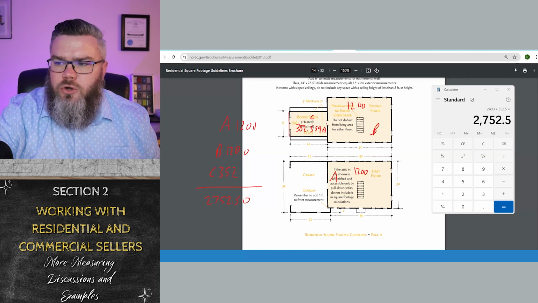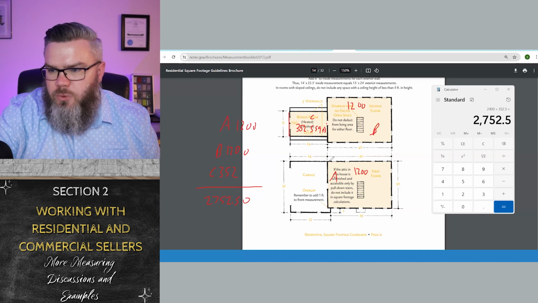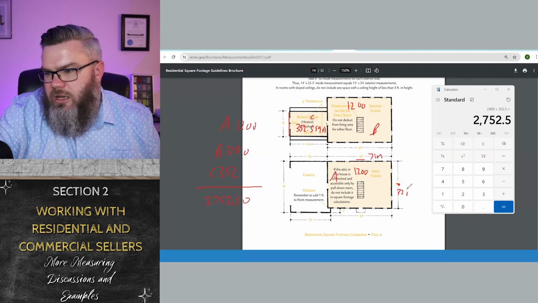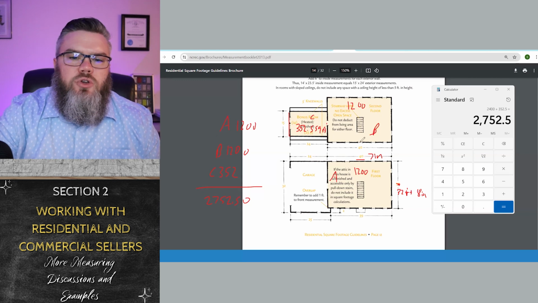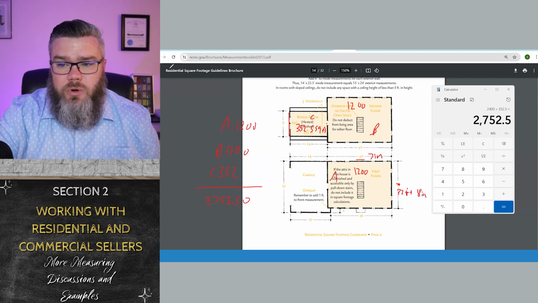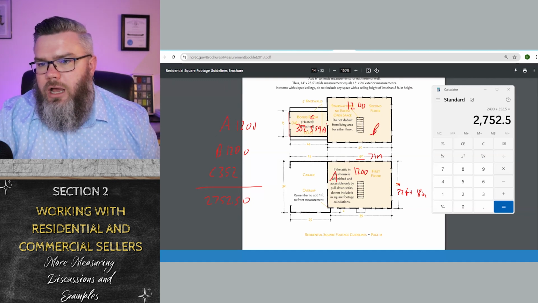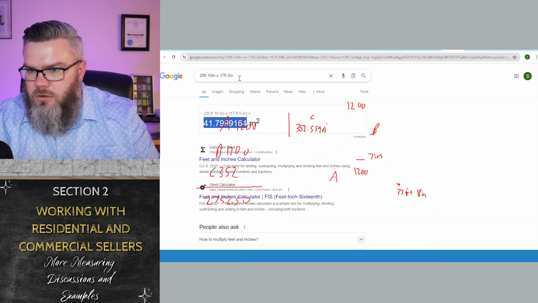But what I was showing you in Google is, let's say that in this example it was a little more mean. Instead of 40 feet, maybe 40 feet, 7 inches. And instead of 30 feet, this was 32 feet, 8 inches. Well, you're not going to knock off 8 inches. That's almost a foot. You're not going to knock off 7 inches. That's almost a foot. And so you can use Google to make your life easier when you get these very abstract numbers. If you come into Google and you say 40 feet, 7 inches,